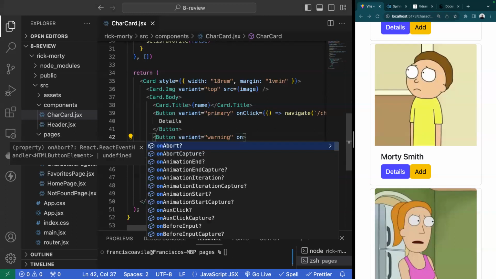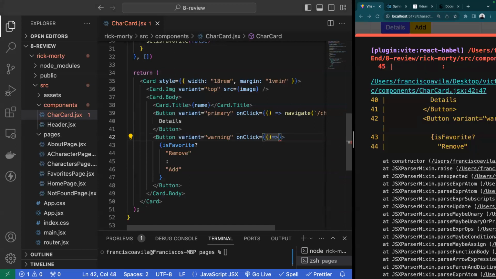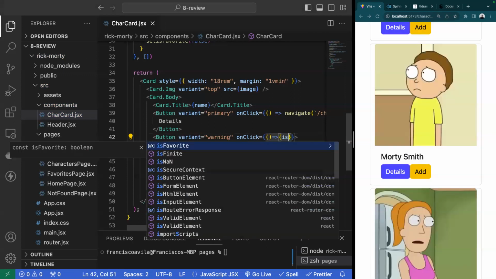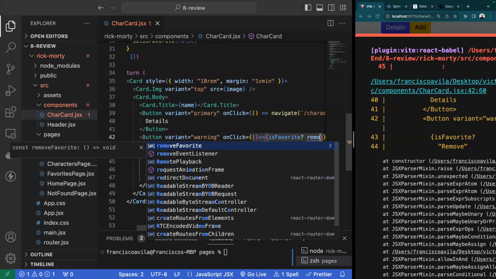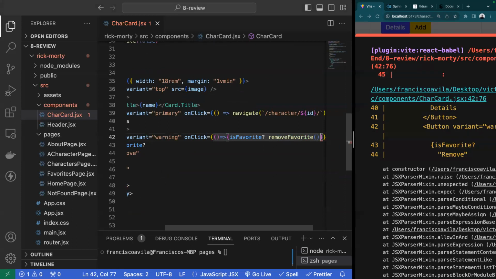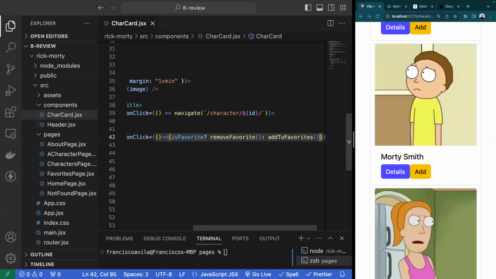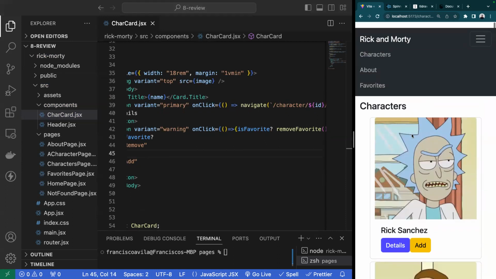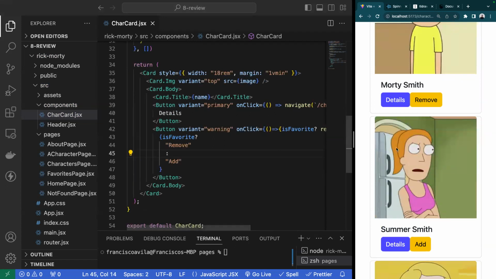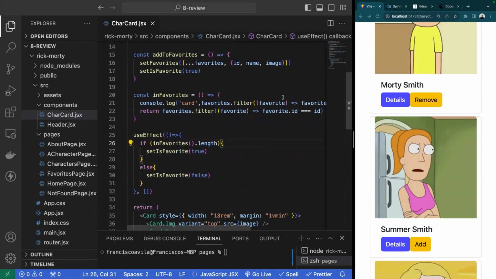So now I can say onClick. And this onClick will either add or remove something. So I'm going to say if isFavorite, so if it is true, it should run the remove favorite function. And if it is not favorite, then it should run the add to favorites function. Okay, so it is not a favorite. I click on that. That shows me that it's been added, or at least it's supposed to show me that it's been added. I have a couple of too many console.log statements,